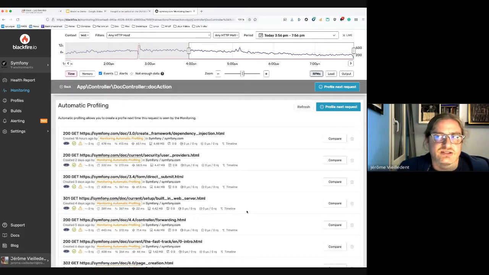So yes, the targeted user will have an overhead that is higher than all the other users, but this is like a surgical sample, right? It's only for one request, so that's perfectly fine. And also, you can manually ask Blackfire monitoring to profile the next request corresponding to this transaction.